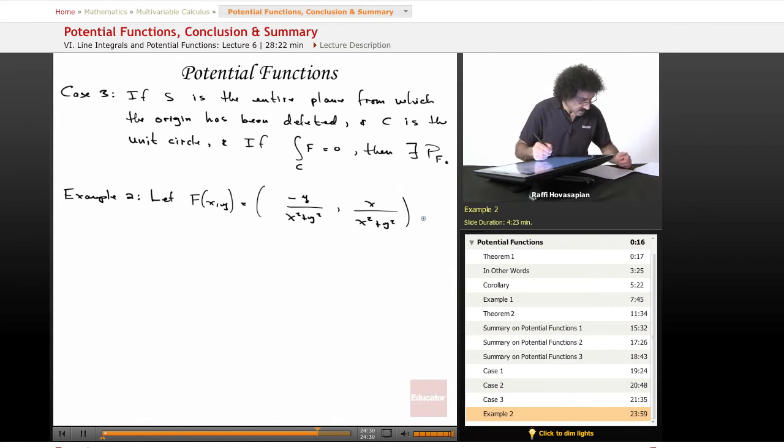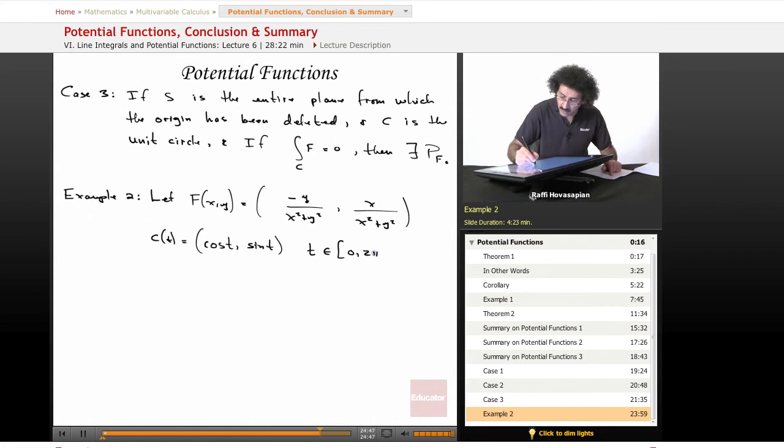Okay, now c of t, so this is our vector field. Our curve is going to be the unit circle. We're going to do cosine t and sine t, and we're going to take t from 0 to 2 pi, that's the unit circle, and S, our open set,